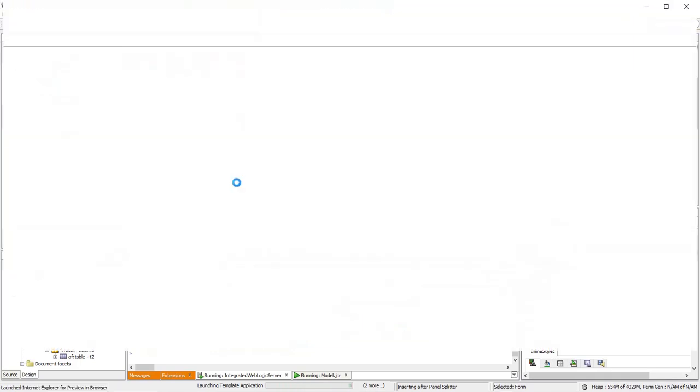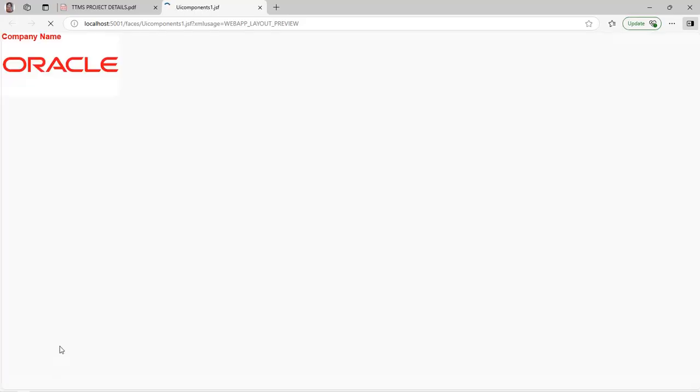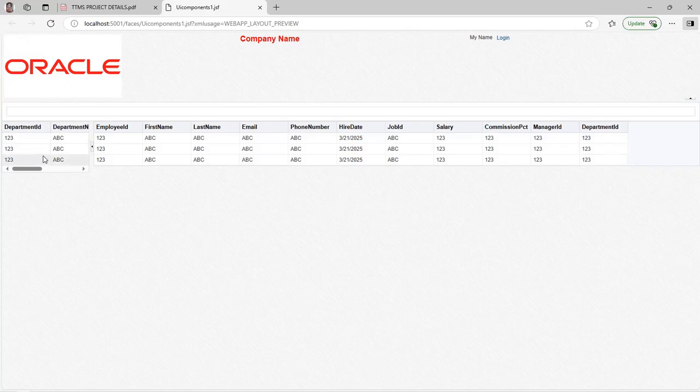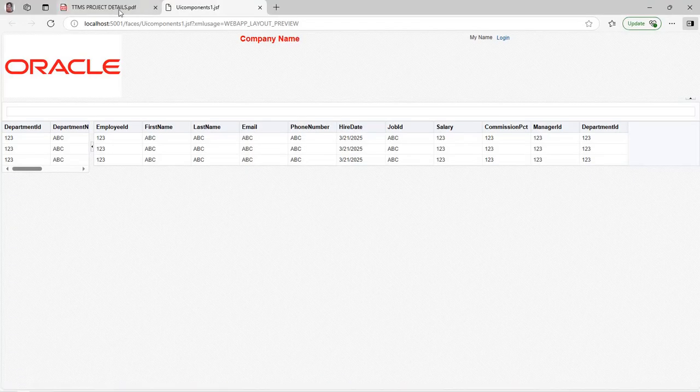I don't know why this browser is taking much time to display the page. See now it came, but with the records different. Department ID 10 should appear here. Some localhost 5001, actually it should appear here 1701. I will check later, but